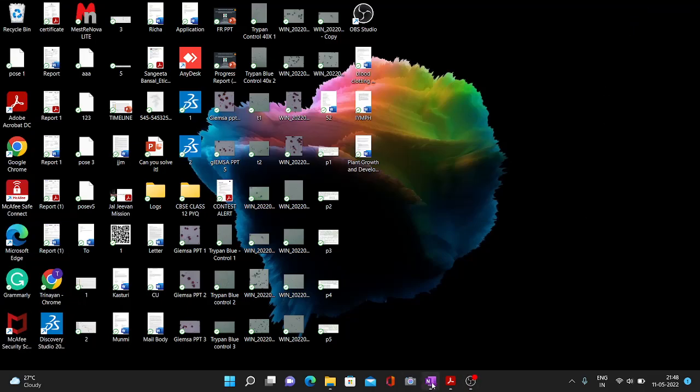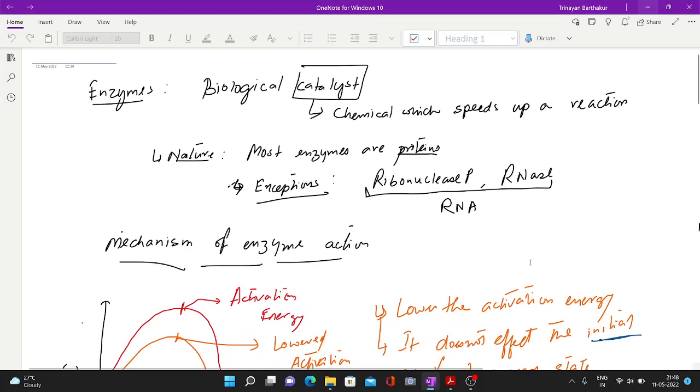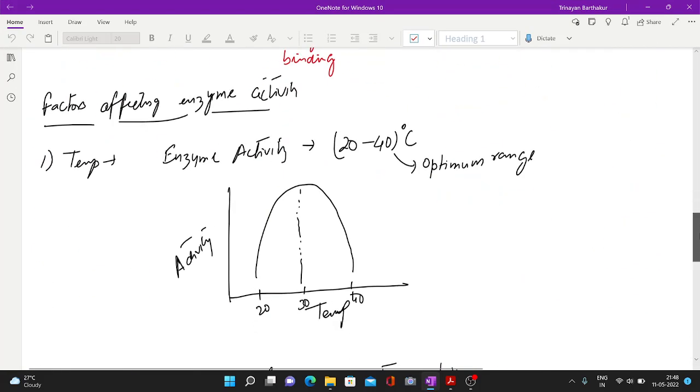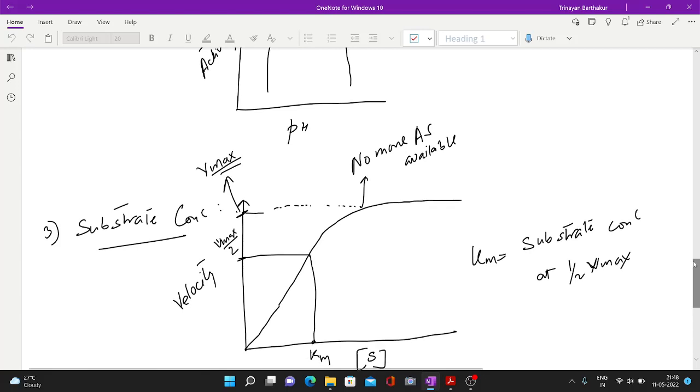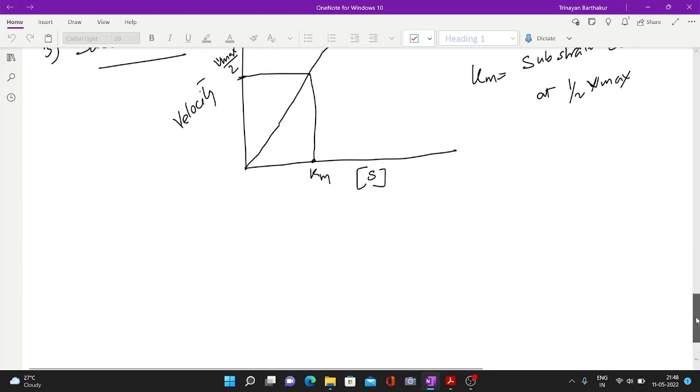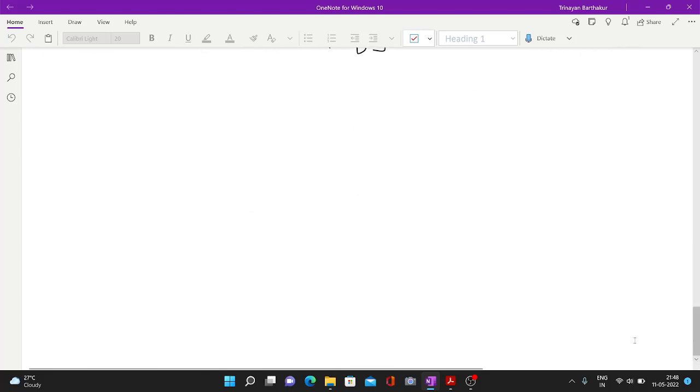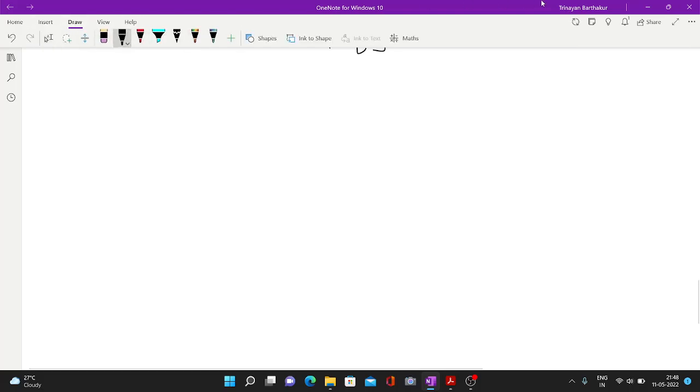Hello students. So we are going to continue our discussion on enzymes. Okay. So we have stopped at factors affecting enzyme activity. Now we are going to start with inhibition of enzymes. Okay. We'll now start with